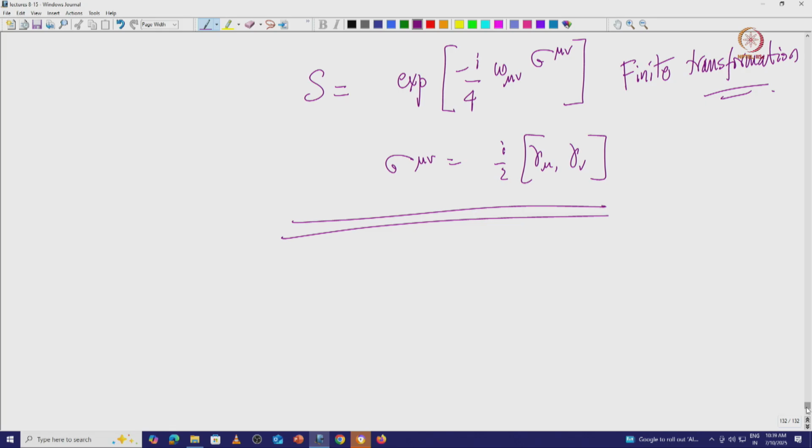So now I hope that you are convinced that the Dirac spinors actually form a representation of the Lorentz transformations. This is something we asked a few classes ago: how do we convince ourselves that these form a representation of the Lorentz transformations? And what we have seen is that yes, they do form a representation of the Lorentz group, and they transform in this particular fashion. Of course, there are some mathematical details which we had to go through, and the essential point is that